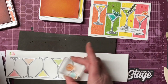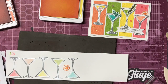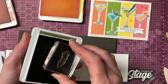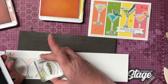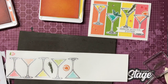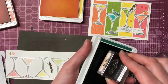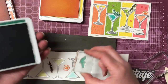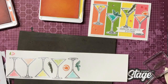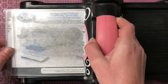Let's go down here. Mossy Meadow, we're going to do that rosemary style twig leaf. And lastly, our mint is in Shaded Spruce. Bring that Big Shot in to do our die cutting, and